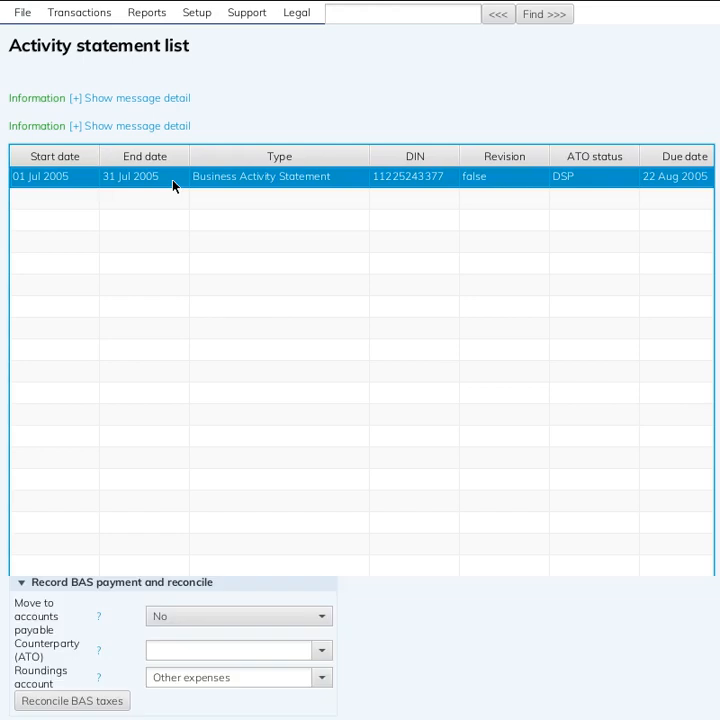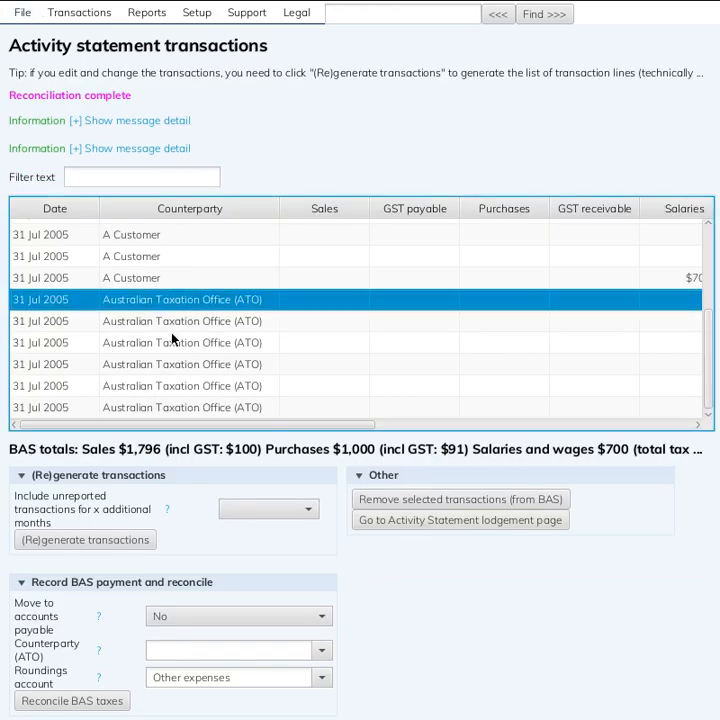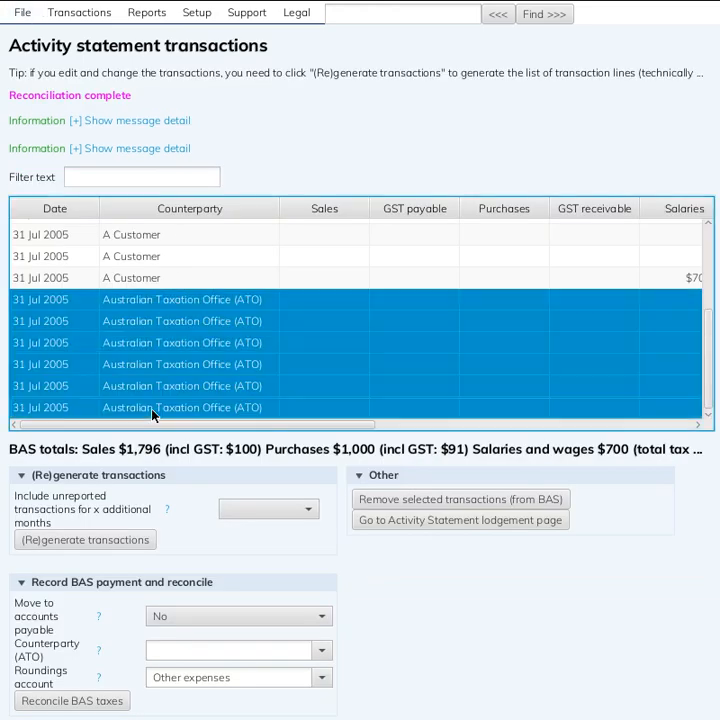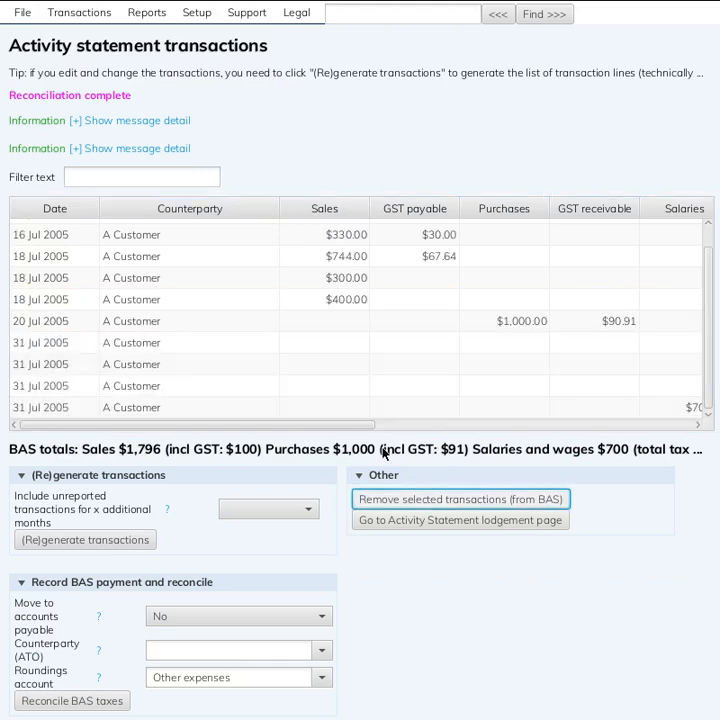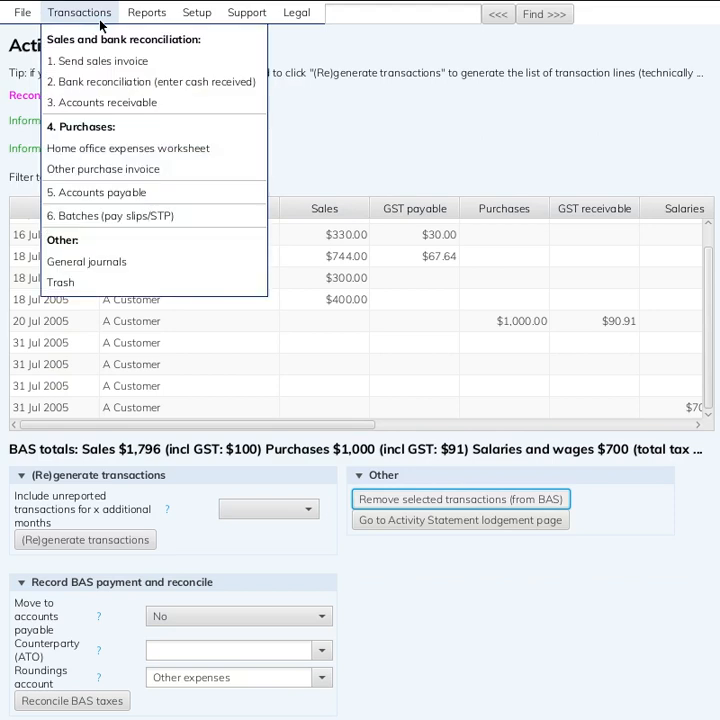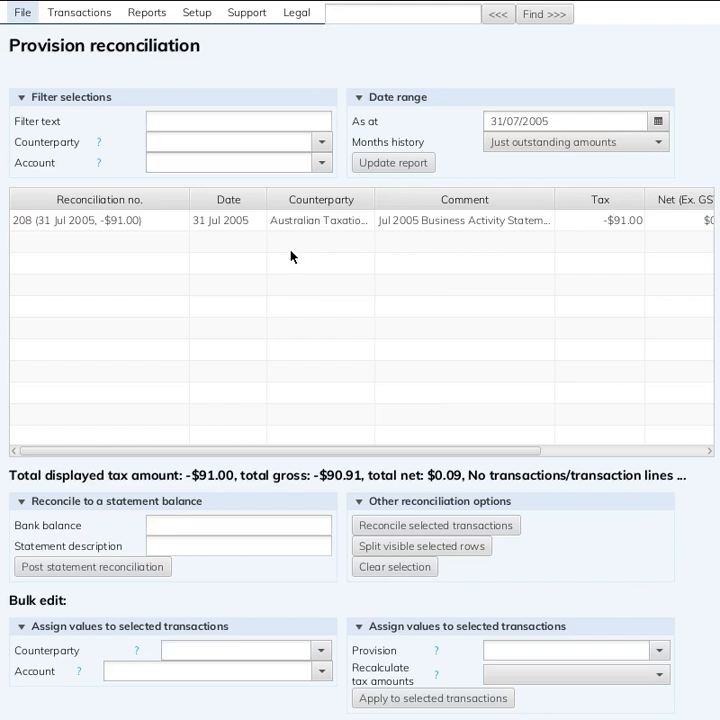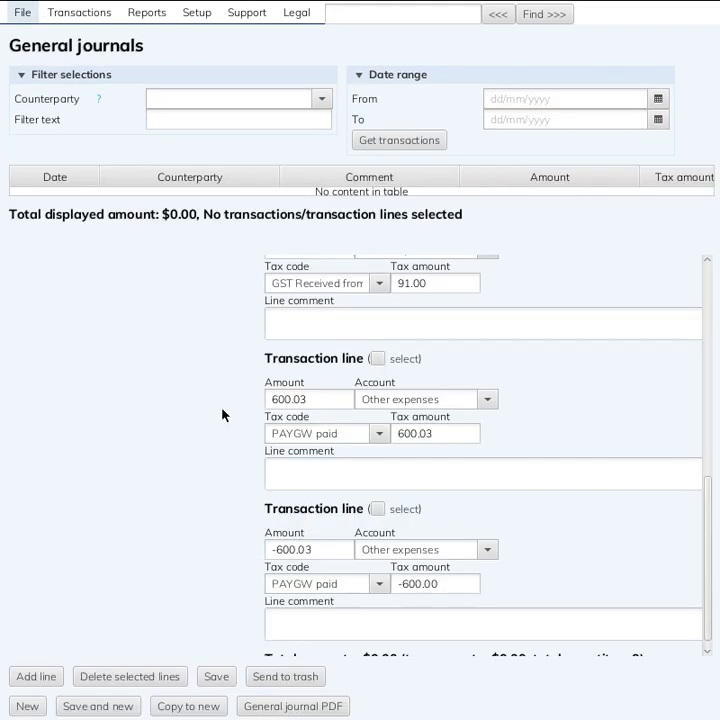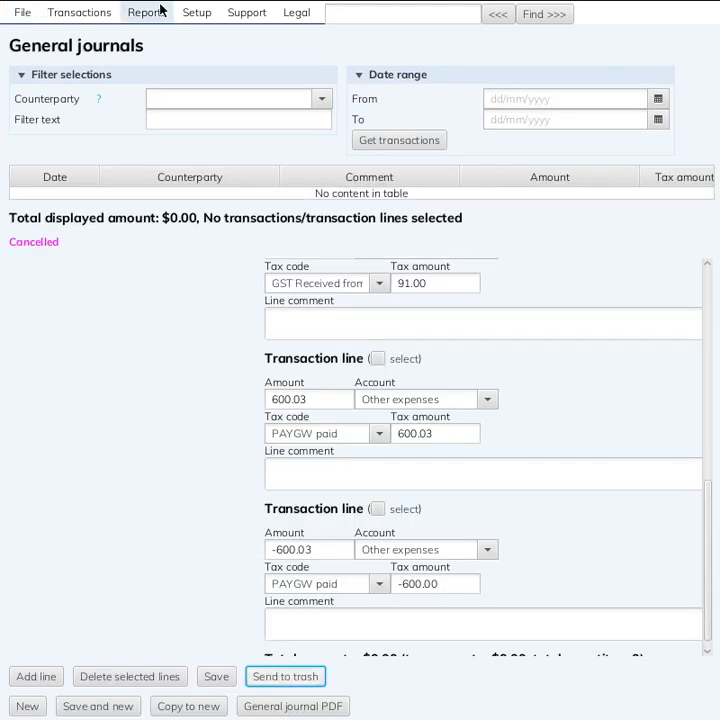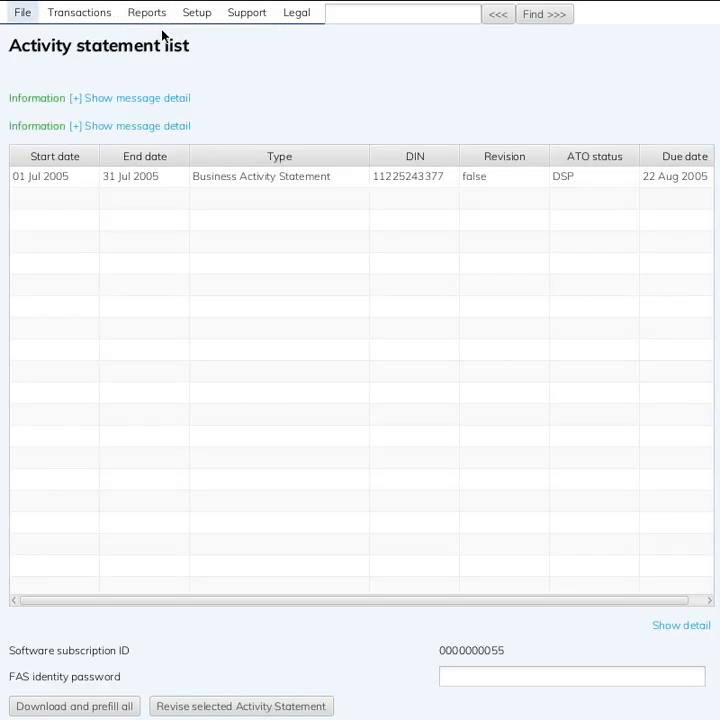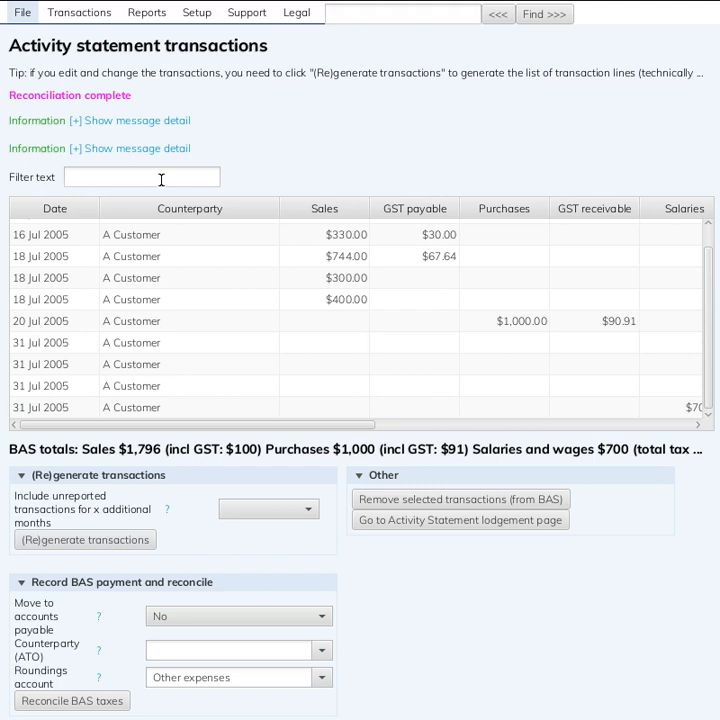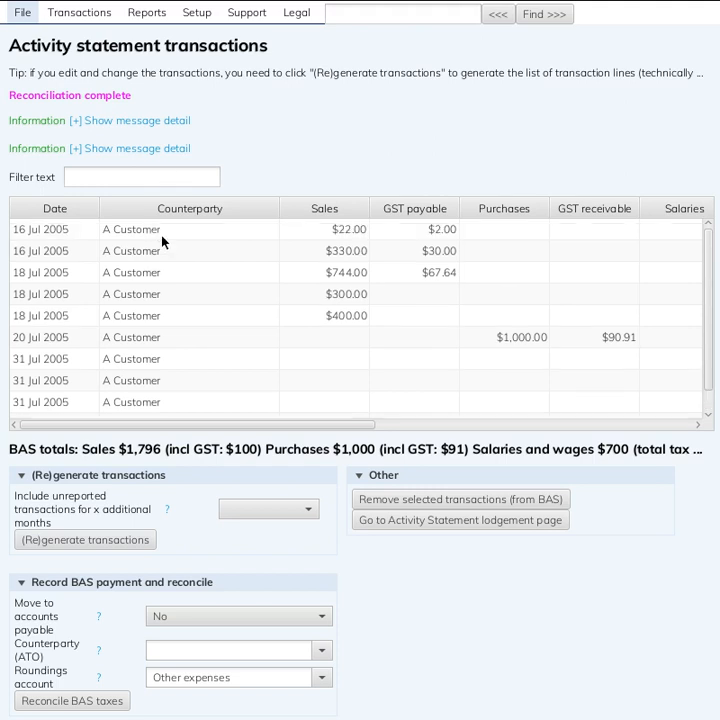I mean, there is a trick to getting around that, which you probably shouldn't do, which is to remove the transaction from the BAS first, and then you can go back to it, and then you can cancel it. Rightio, and I'm only doing that just so I can show you the alternative, or what I think is the preferred way to do this. So we're back on the activity statement, and